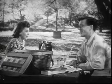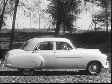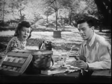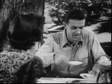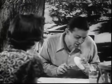Heaven forbid our new car should give us a ride like that. Not a chance. Our new Chevrolet rides smoother and gives more all-around comfort than any car we ever owned. That's right. That's why we bought it. But you know, I can't imagine what they've done to make it that way. Well, lots of things you can't see. Hidden values. Now, you take that easy steering I was...